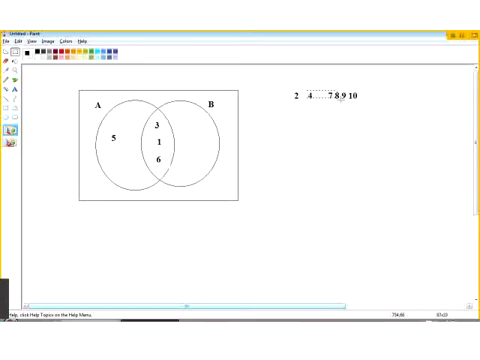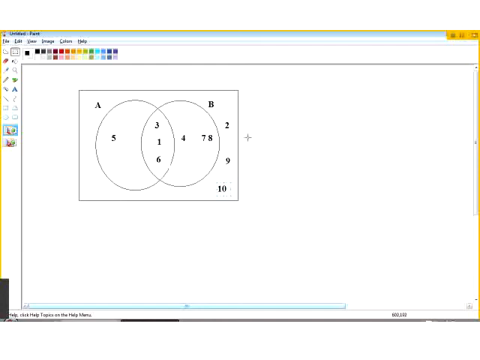Set B has the elements 1, 3, 4, 6, 7, and 8. So the elements 2, 9, and 10,